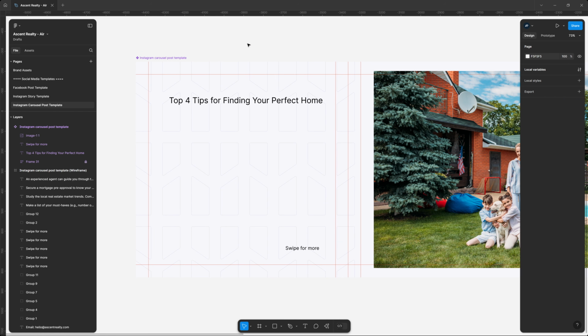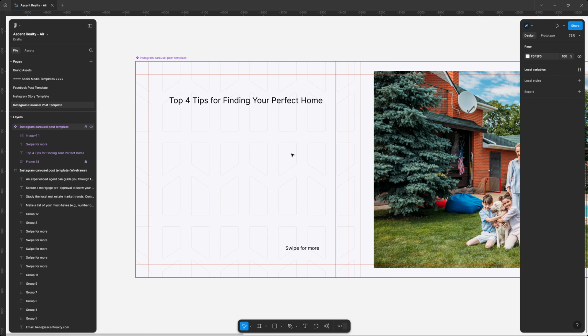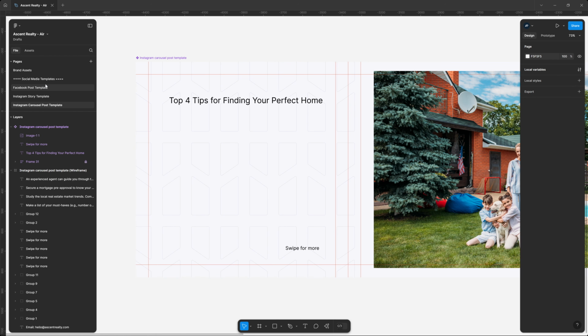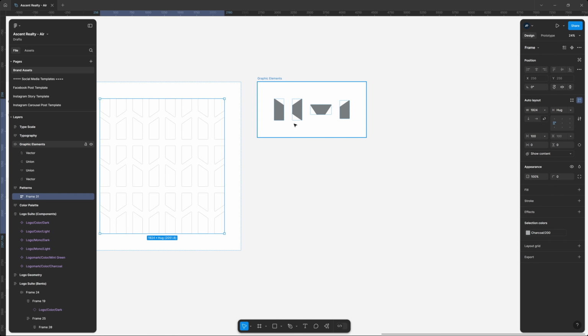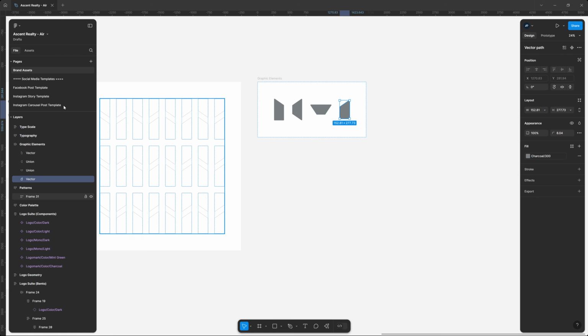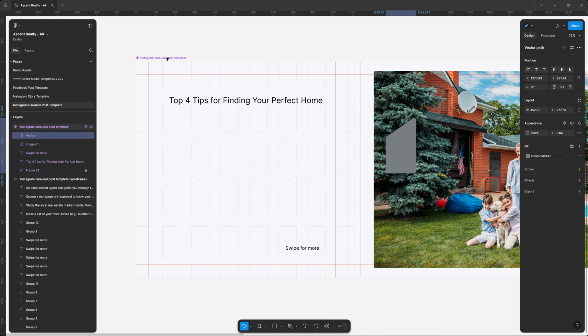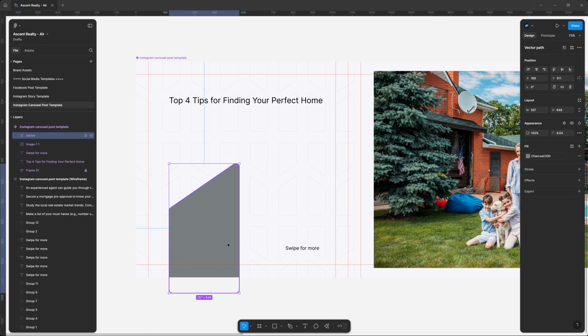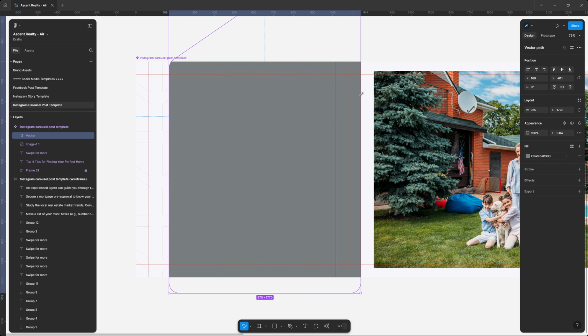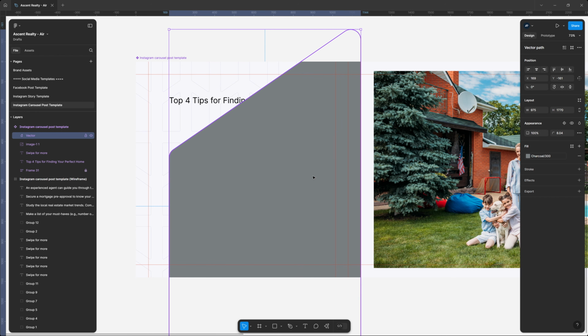Next up, we're going to use the same angled shapes that we used in the other templates. So let's go back to the brand assets. Let's grab this shape. Let's paste it in here. Let's make it bigger, like so. And we're actually going to overlap some of the elements so they span multiple slides, or 2 slides in our